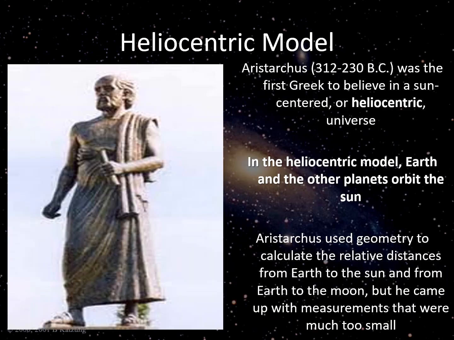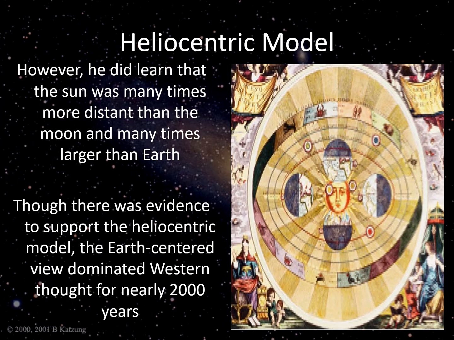The heliocentric model was developed by Aristarchus, and he was the first Greek to believe in a heliocentric model. And in the heliocentric model, Earth is just another planet that orbits around the Sun. Aristarchus used geometry to calculate the relative distances from Earth to the Sun and from Earth to the Moon, but he came up with measurements that were much too small, and that's one of the big reasons why no one believed him. However, he did learn that the Sun was many times more distant than the Moon and many times larger than Earth. Though there was evidence to support the heliocentric model, the Earth-centered view dominated Western society for nearly